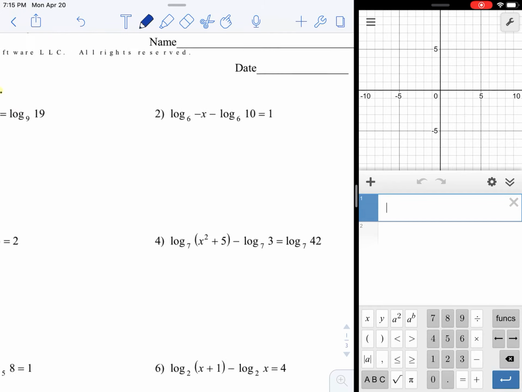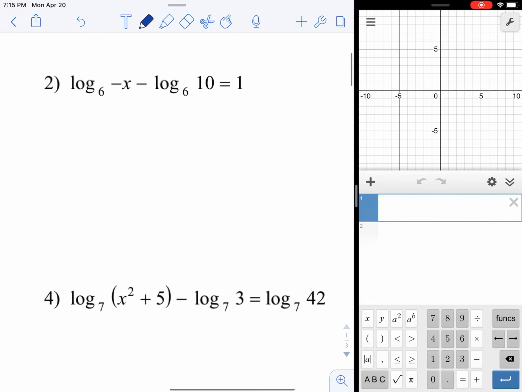So start with a problem like number 10. Again, it's a logarithmic equation. We want to solve for the variable x. We need some way to cancel out the log, but you can't do that unless you first condense this. So I'm going to condense using the quotient property. I'm going to make this into one log base 6. Remember that the minus sign turns into a division bar, negative x on top, 10 on bottom, equals